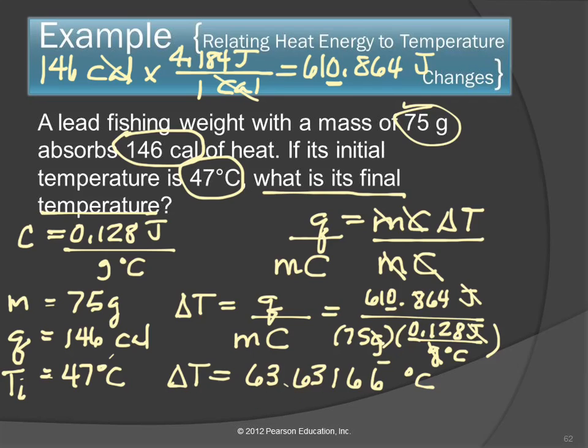So this is the change in temperature. How do I find the final temperature? Well, the safest thing is to say, delta T is equal to T final minus T initial. So if I rearrange that equation, I'm going to end up with T final being equal to delta T plus the initial temperature. I've really run out of space there. So 63.631 and a bunch of sixes. Then I'm going to add 47. Plus 47 equals